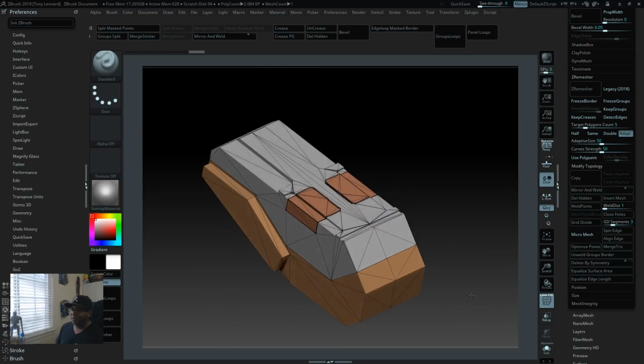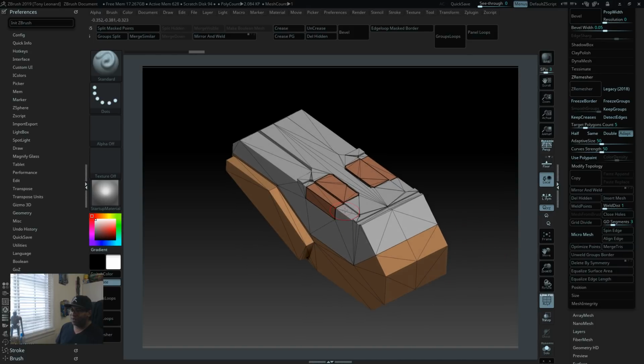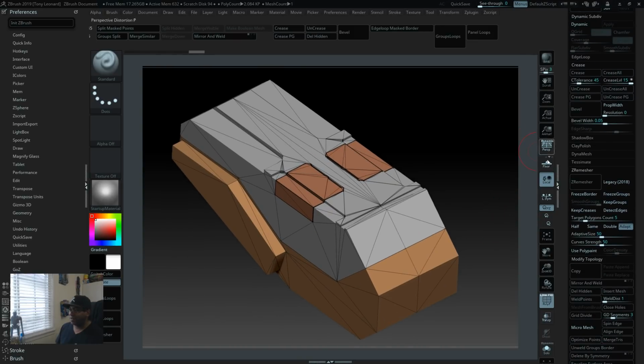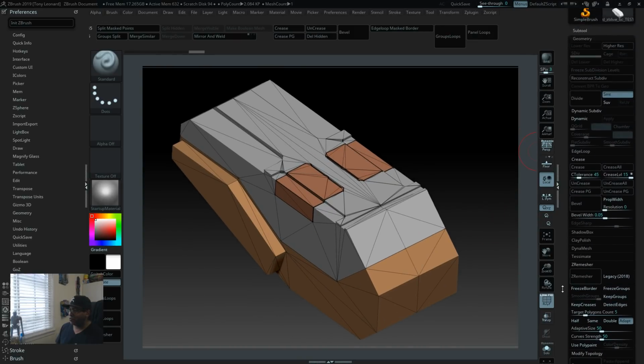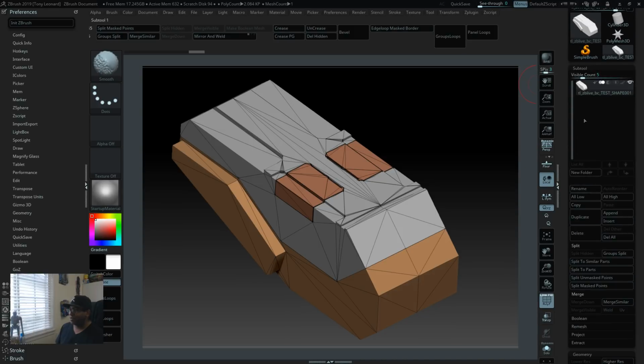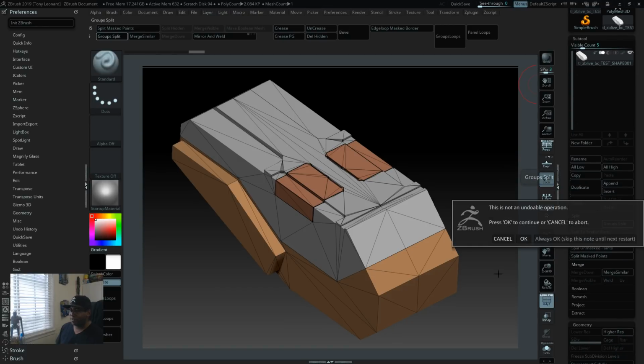And then what we have now is how are we going to break this object up by its polygroups, because we have 3 solid polygroups here. So what I'm going to actually do is just take these, and I'm going to do a group split, which should give us 3 different subtools, right? So subtool and split, and then group split,